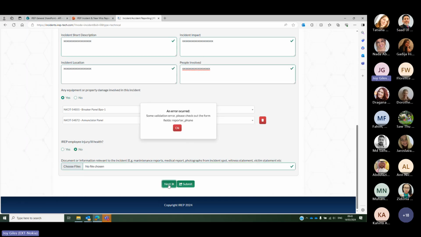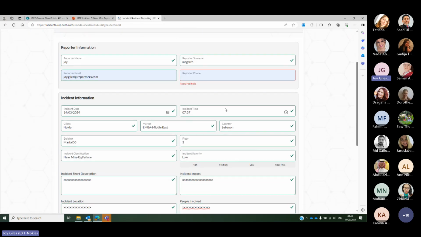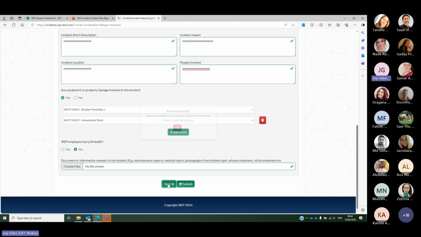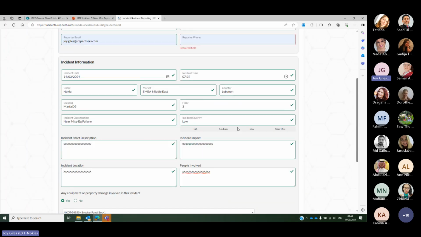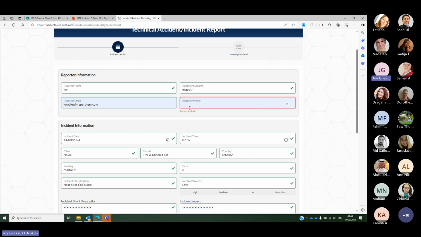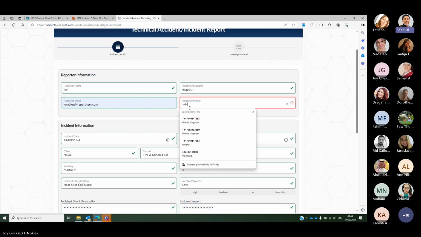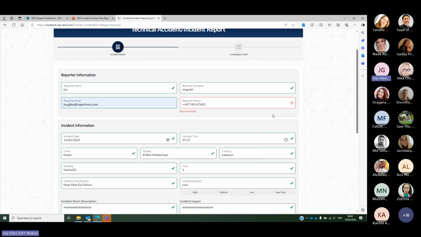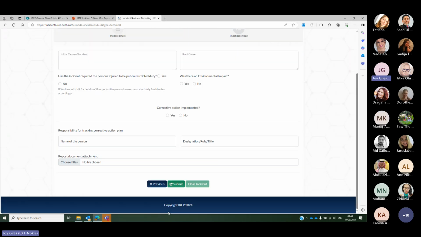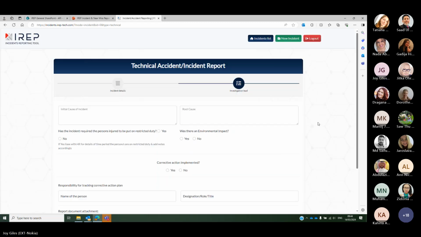Click next, and we have an error that's occurred. Okay, let's see what my error is. Oh, forgot to put a number in. Same as HSE, it won't let you go further if you haven't completed your boxes. Next. Oh, I've got another error. What haven't I done now? Oh, it didn't like my phone number. Maybe it's the wrong format. Choose any number. Let's see if it will take that now. Next. So then it goes on to the next page, which is again